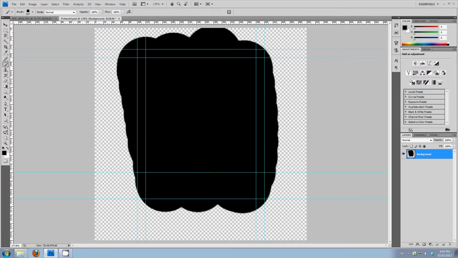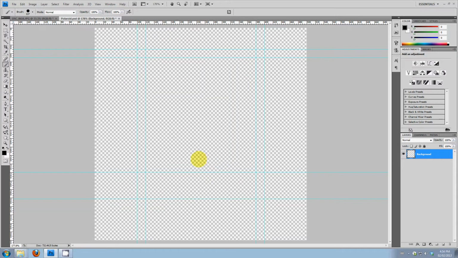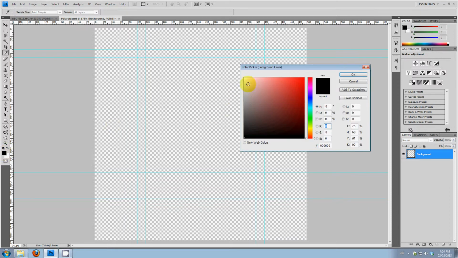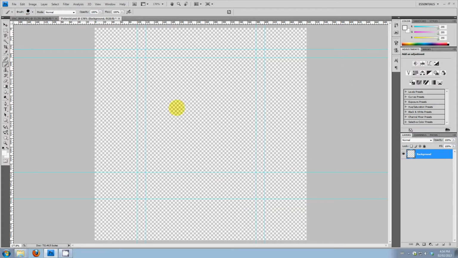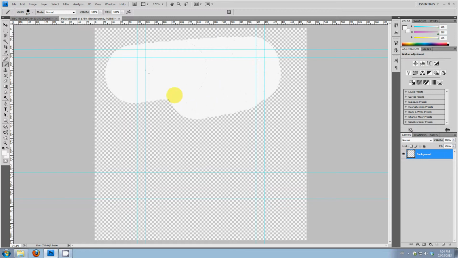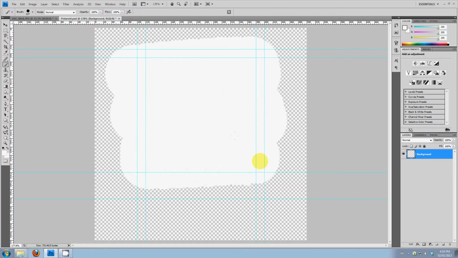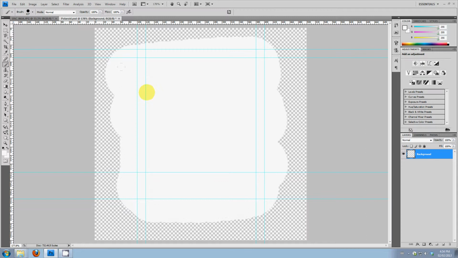I want a white background, so I'm going to press Ctrl Z to undo that, and then I'm going to change the color, in this case to white. So I double click, and then I choose something that is white. So you can see 255, 255, 255 for the red, green, and blue values. Now when I start painting, I fill up most of the image,